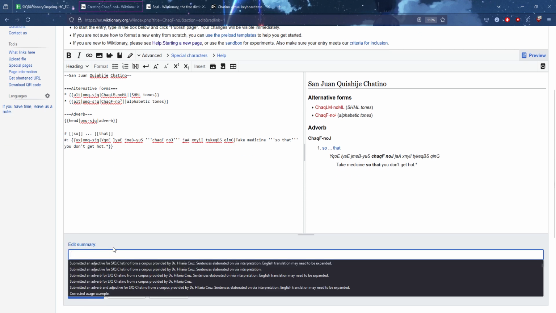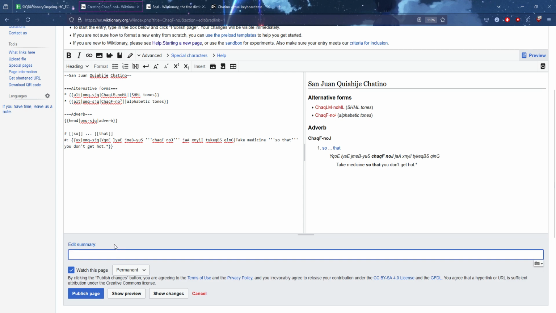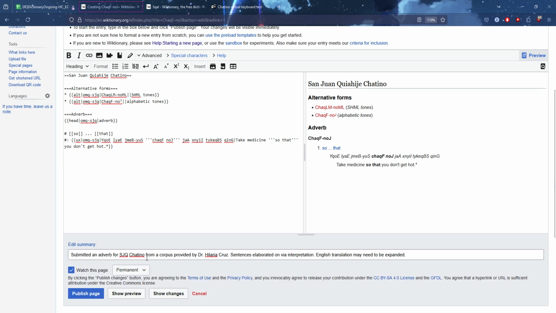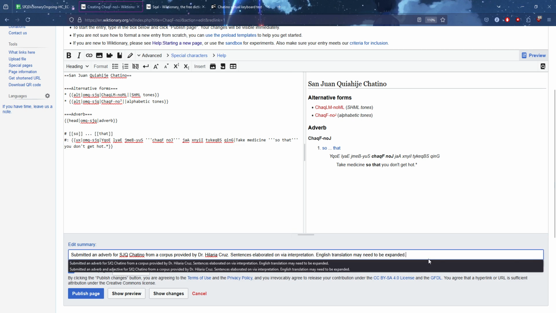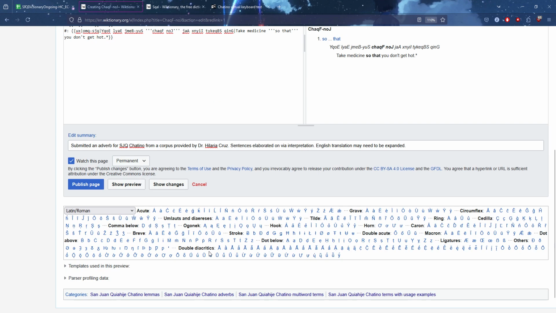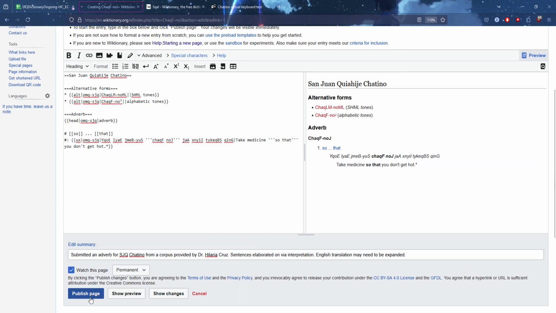And then let's see, for the edit summary, since it's an adverb, I have these sort of templates already set up because I've done so many entries, but I just submitted an adverb for SJQ Chatino from a corpus provided by Dr. Hilaria Cruz. Sentences elaborated on via interpretation, so that's why there's an asterisk there. English translation may need to be expanded, etc. So that is how you would do a new entry, and then you would just go ahead and publish page,